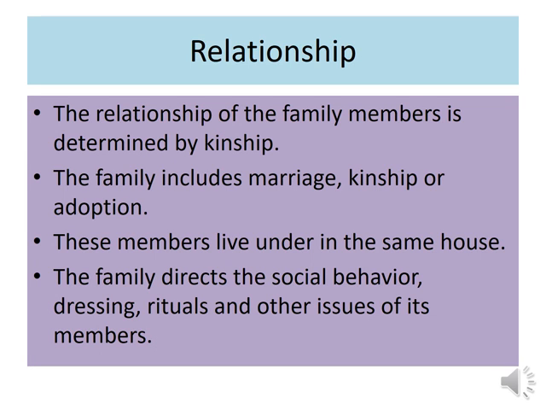What is relationship? Here it says that the relationship of the family members is determined by kinship. That is how they are blood related. In a sense, they have a common ancestor. The family includes marriage, kinship and adoption. So family can be extended through marriage, through kinship, that is blood relation, and also through adoption. So childless couples or a parent can adopt a child and the adopted child will also be a member of the family. So these members live under the same house and the family